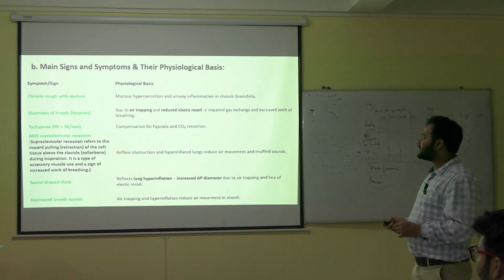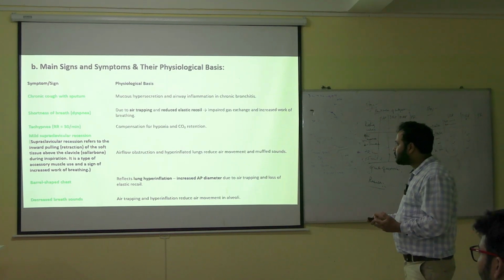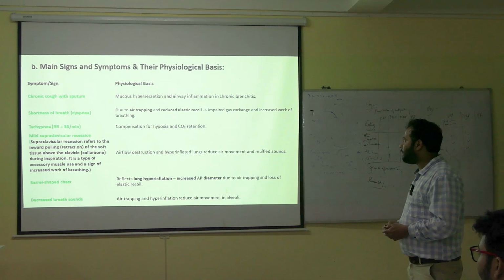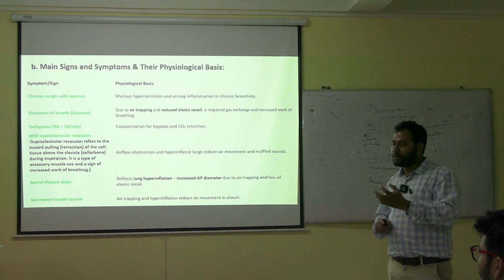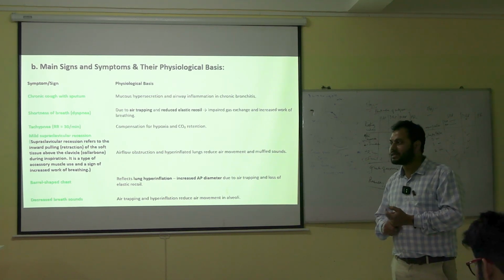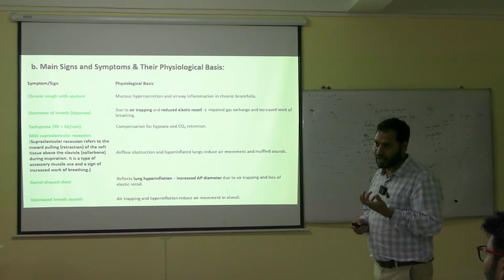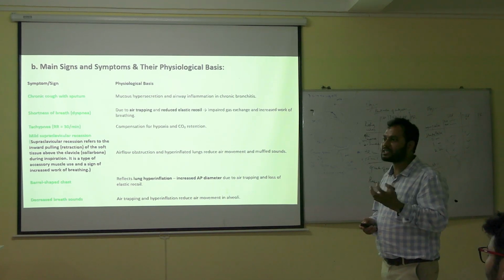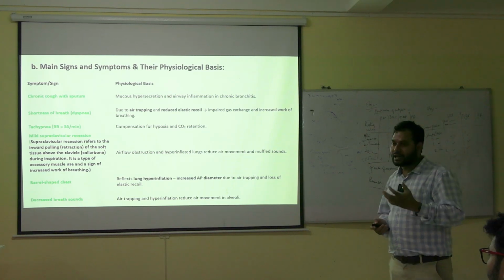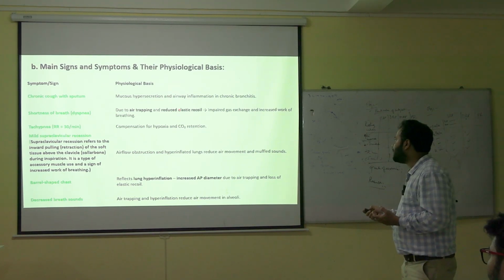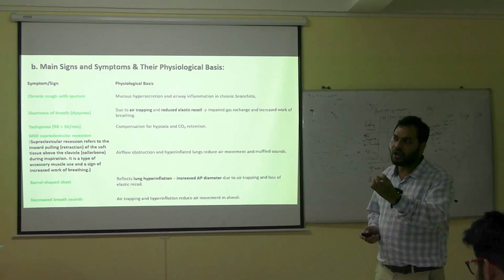Now if you see the second sign and symptom, that is shortness of breath, why does it actually happen? It is due to air trapping and reduced elastic recoil. If you see the most important properties of obstructive lung disease here, due to the obstructions in the airway, air trapping takes place in the lung alveoli, right? At the same time, air trapping also occurs due to reduced elastic recoil. There is a reduction of elastic recoil of the lung